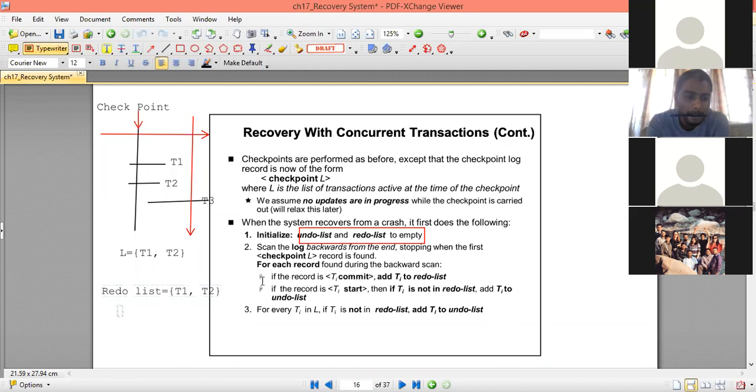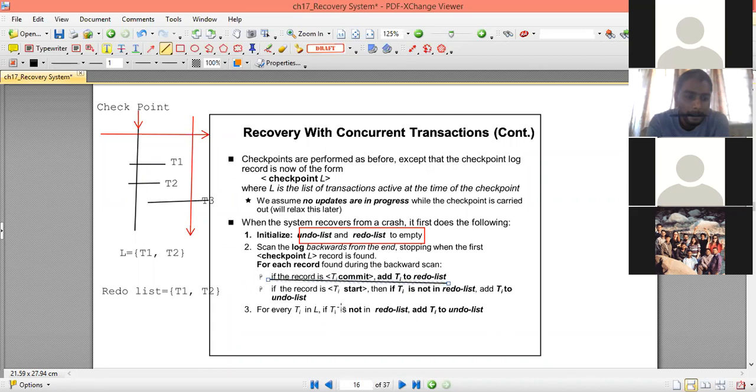That is the first point written here. If the transaction is committed, add it to the redo list. Next, if the record is T_i start, and that is not present in the redo list, then what do you need to do?